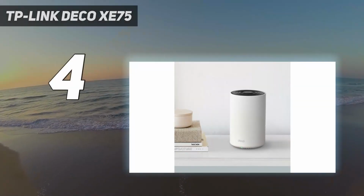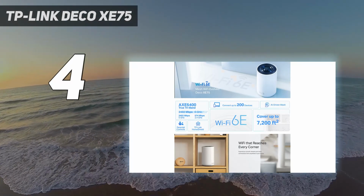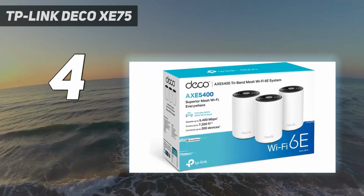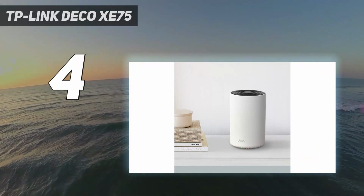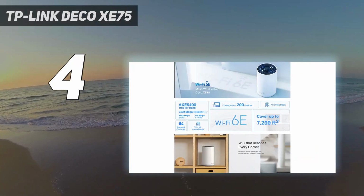Coming at number 4. TP-Link Deco X75. The Deco X75 from TP-Link is available in either 2-packs or 3-packs, and this mesh router system provides an inexpensive way to create a Wi-Fi 6E network that can fill your whole home with a strong Wi-Fi signal. Each of the 2, or 3, nodes can act as either a satellite or a router, and they all